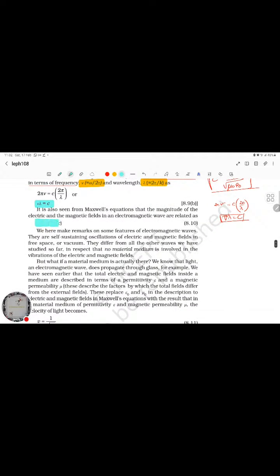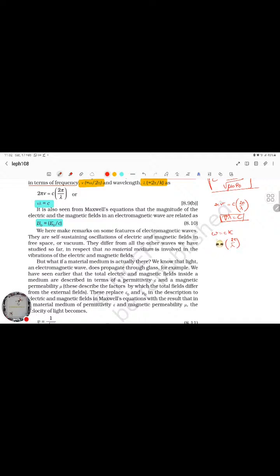It is also seen from Maxwell's equations that the magnitudes of the electric and the magnetic fields in an electromagnetic wave are related. So they have not given any derivations in this particular book. They have just directly entered in and explained certain relations, such as omega is equal to ck, where omega is angular frequency, k is 2 pi by lambda, and angular frequency is basically 2 pi by